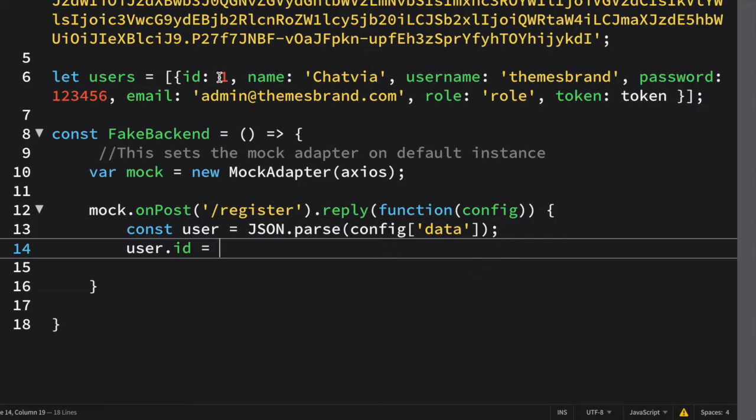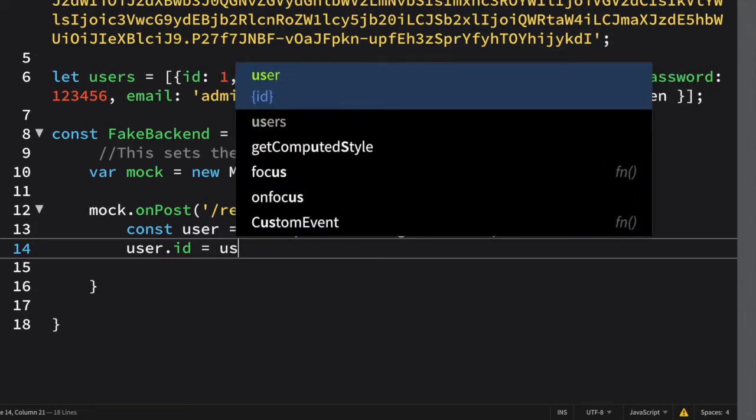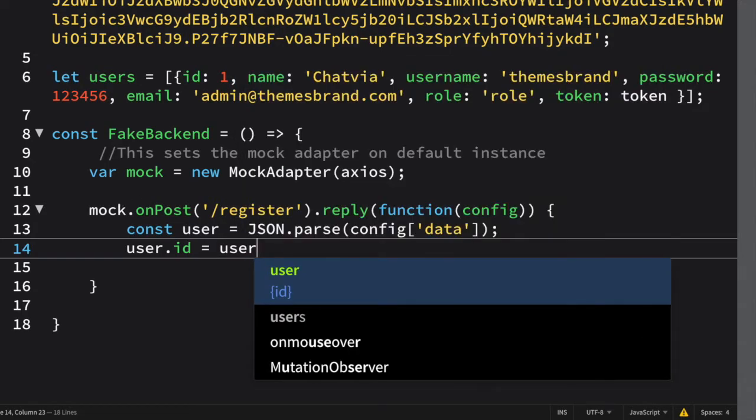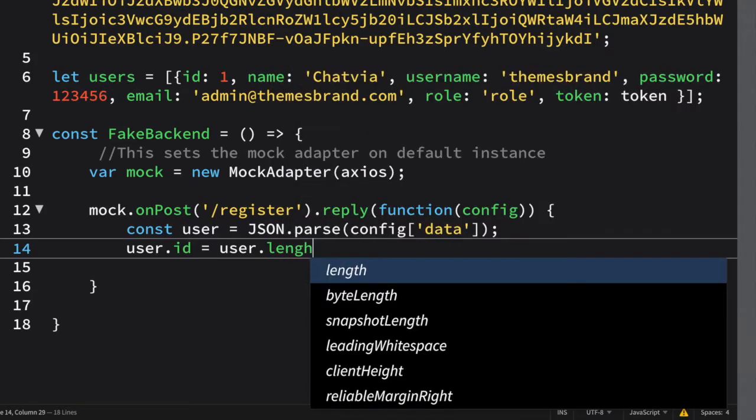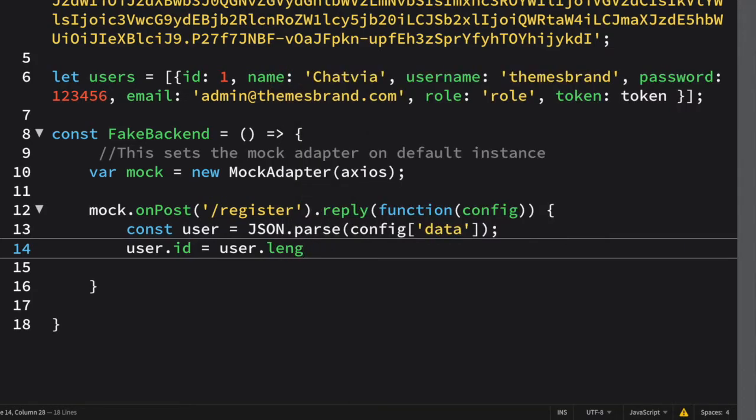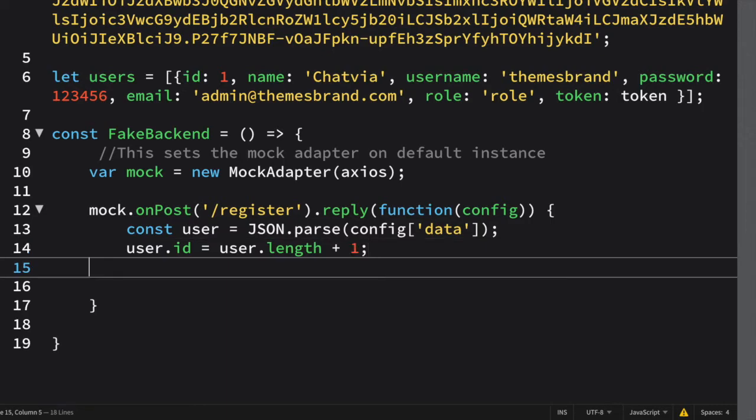So what we are basically doing, you have to get its length, user.length, which will provide me with the length of the user's ID, and I am adding 1 to it, and that will become our user ID. I am reassigning it.